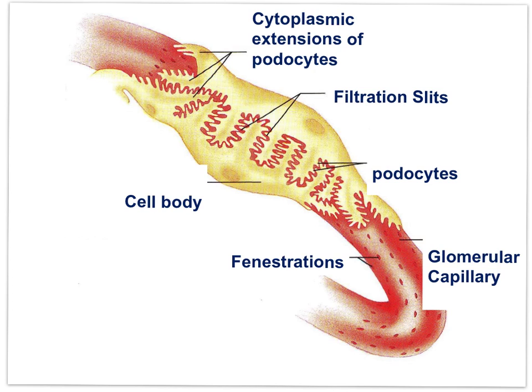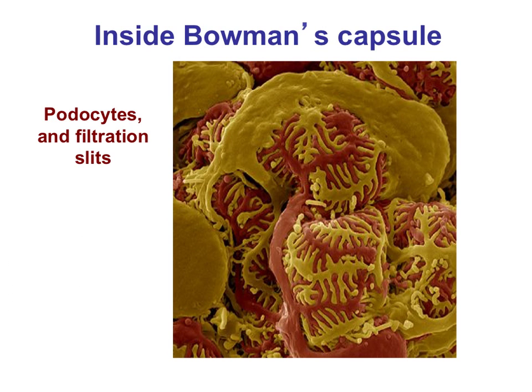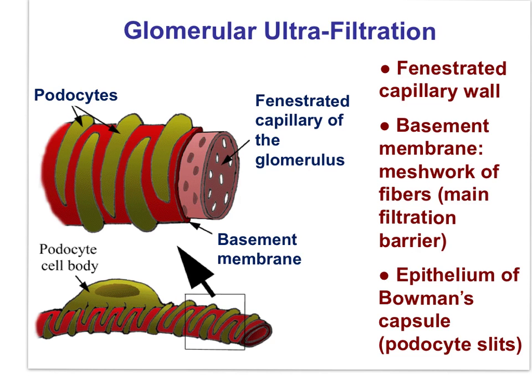Here is a nice image showing the tight relationship of the glomerular capillary and the inner membrane of Bowman's capsule. The fenestrated capillary and the podocyte slits of the capsule wall both serve ultrafiltration. In this micrograph of the interior of Bowman's capsule, you can see the filtration slits of the podocytes that form the inner wall of Bowman's capsule. In this diagram, you can see the fenestrations of the glomerular capillary. You can see the basement membrane, a protein fabric that lines the capillary, and the podocyte slits of Bowman's capsule. All three serve